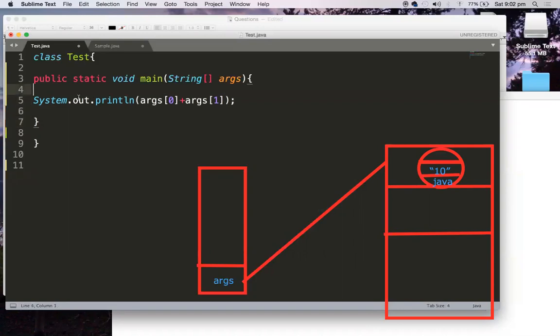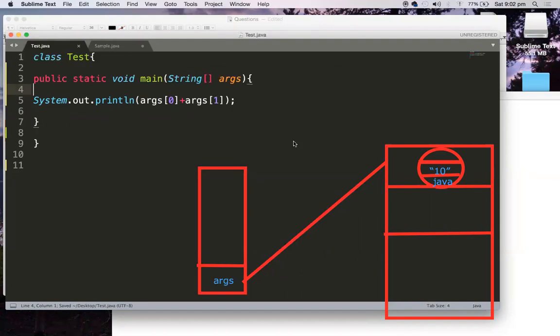My question is to read two numbers and find the summation. The first number will be in aux of 0 and the second will be in aux of 1, and I am using plus here, right? So I'm expecting a summation of aux of 0 and aux of 1. For example, 10 is the first argument and 20 is the second argument. I am going to get 30 as the outcome. That was my expectation.